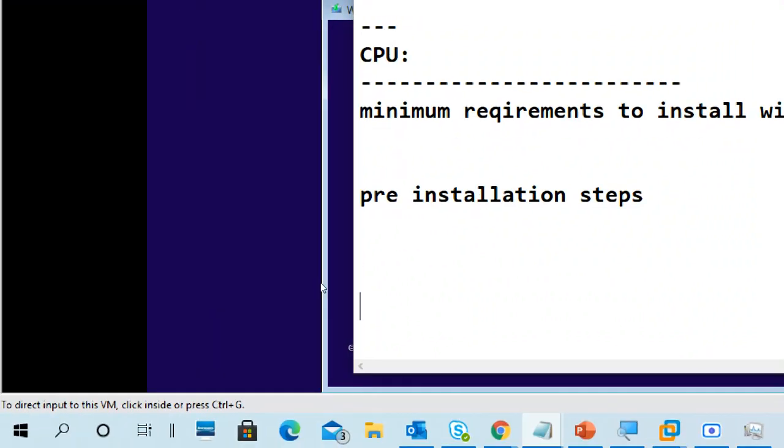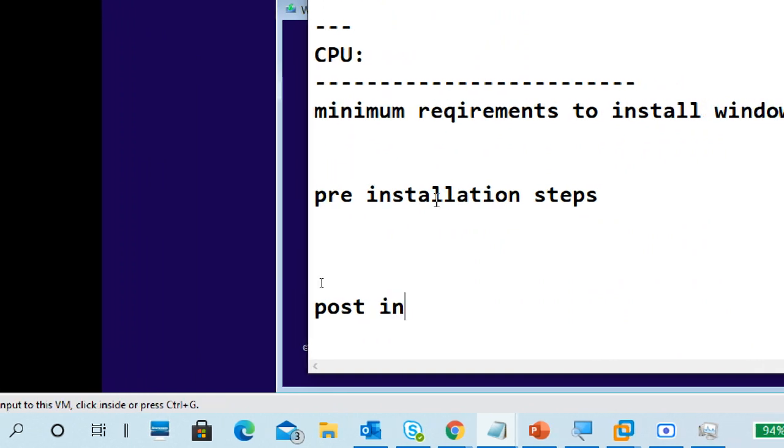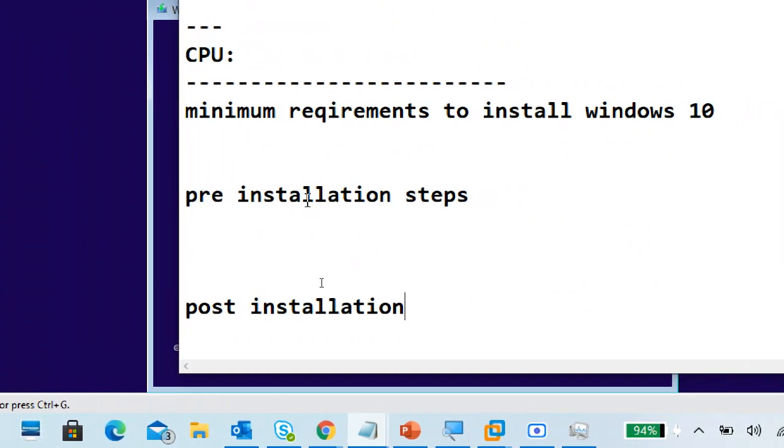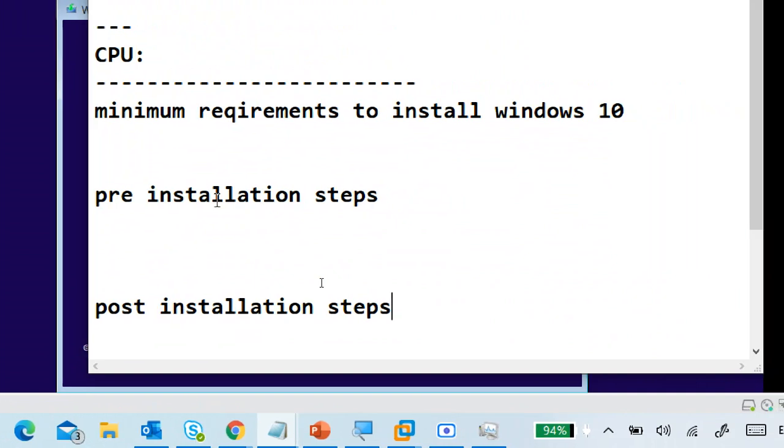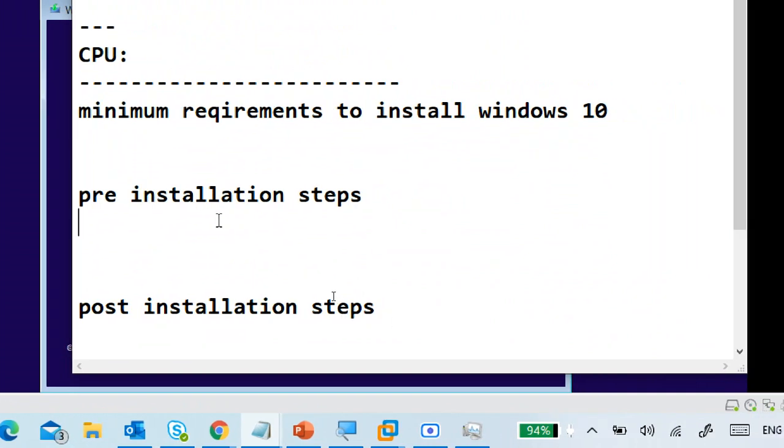Next one is post-installation steps. So what are the pre-installation steps? When you give the final install step, it is copying files and so on. Till that time it is pre-installation. Once it is restarted, what you do is the post-installation steps. Now we are doing pre-installation steps.